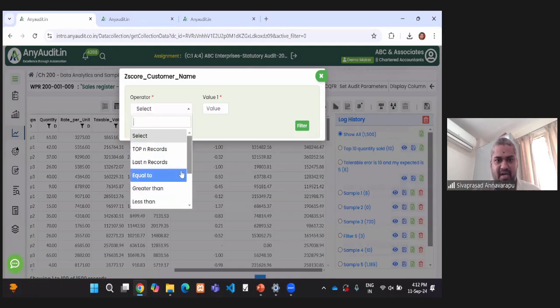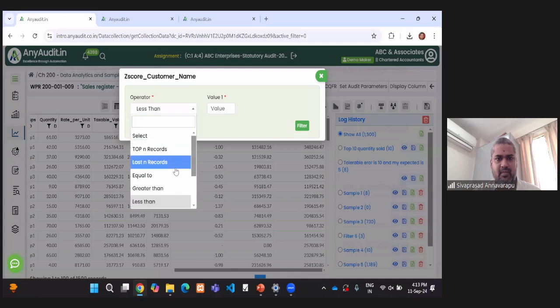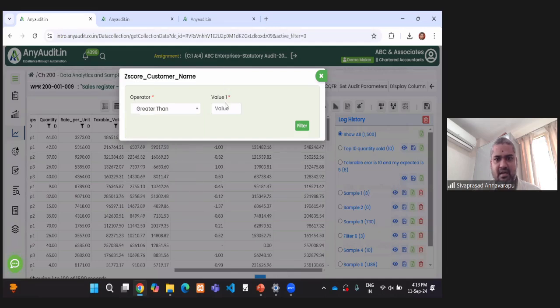Now, if I select an operator, like if it is less than, or if it's greater than, let us say 1.25, I'll get all the records which are above that value.